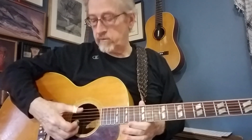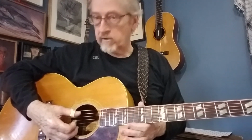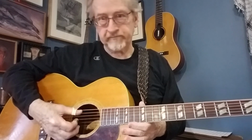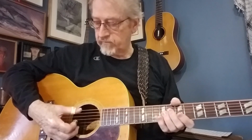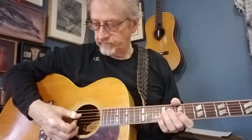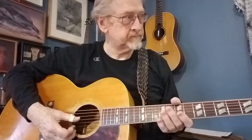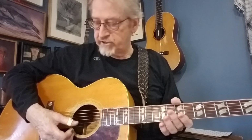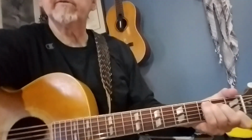So just to get going here, be in tune with me. That's the low E, 6th string, thickest string. A, 4th string D, G, 2nd string B, the high E string. So I'm going to go over different sections of this tune as I'm moving stuff around,